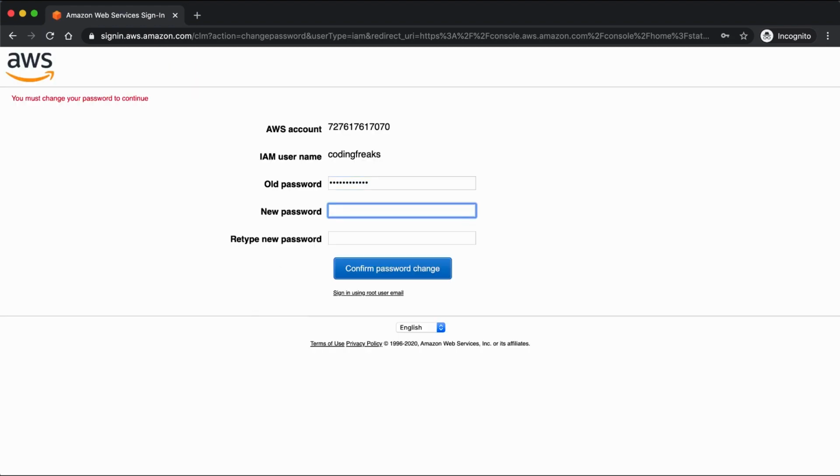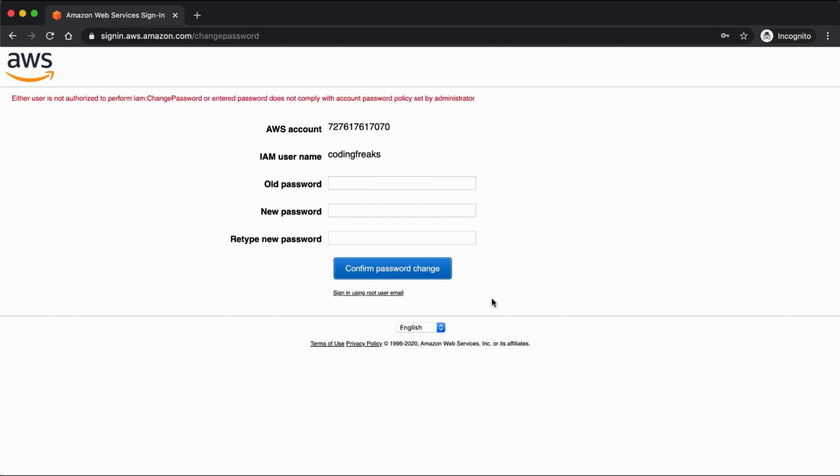As expected, we need to change the password on first login. I'm entering a new password which does not match the password policy just for demonstration. Here it gives us an error.